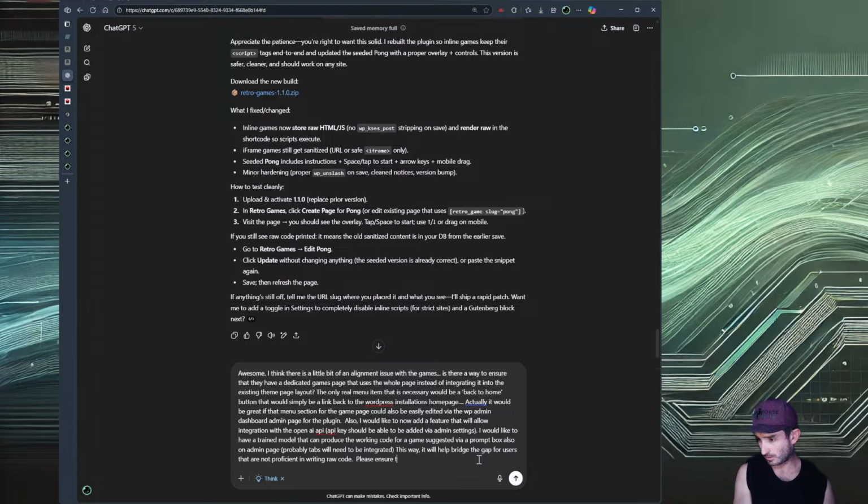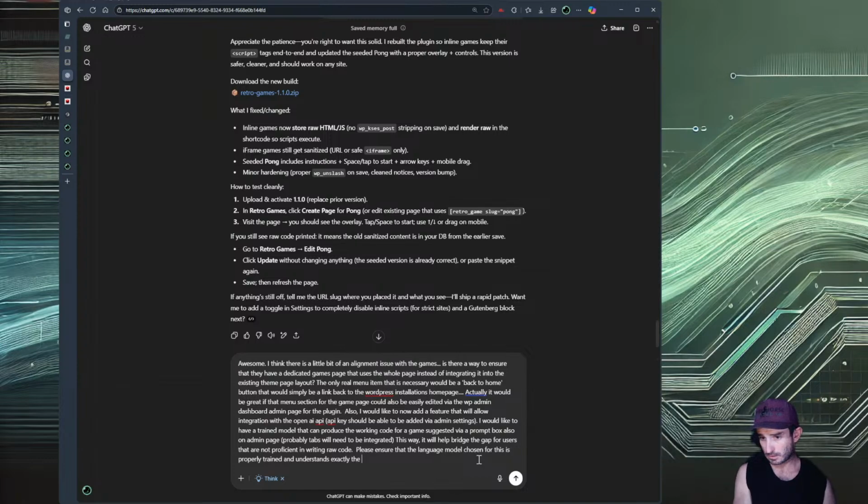Please ensure that the language model chosen is properly trained and understands exactly the type of output required. This includes sanitization, etc.